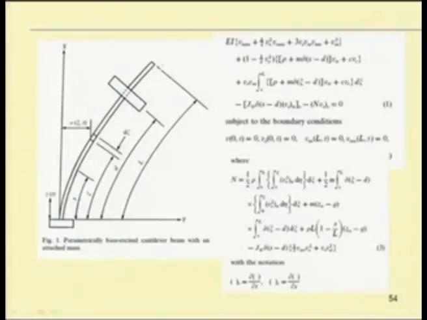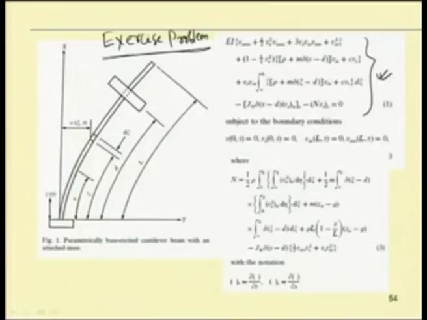This is a continuous system. The examples I have solved before are discrete systems, but one can find the equation of motion of this continuous system also by writing the potential energy and kinetic energy of the system. The equation of motion using Newton's second law or D'Alembert principle is written here. One can find the same equation by using Lagrange principle or Hamilton principle. This is an exercise problem, or one can use this to find the equation of motion of the system.